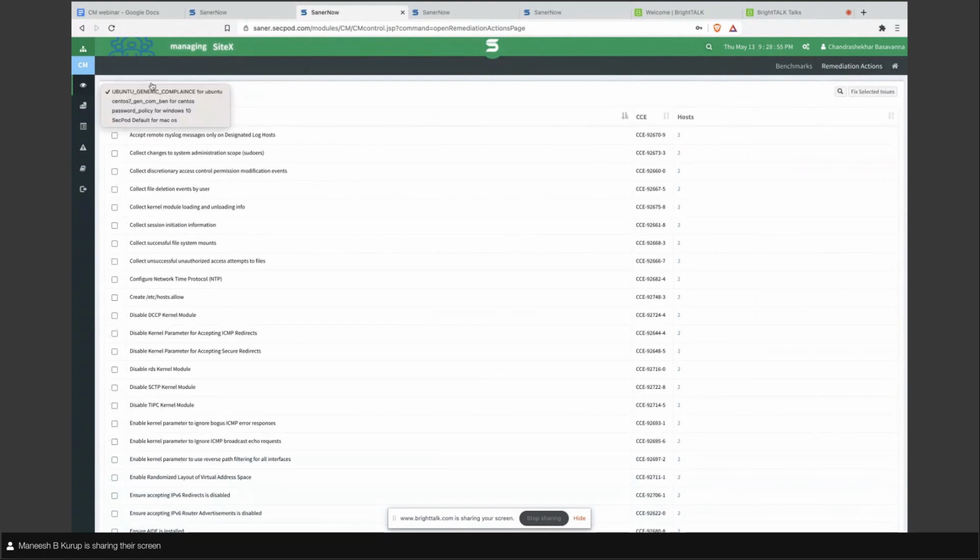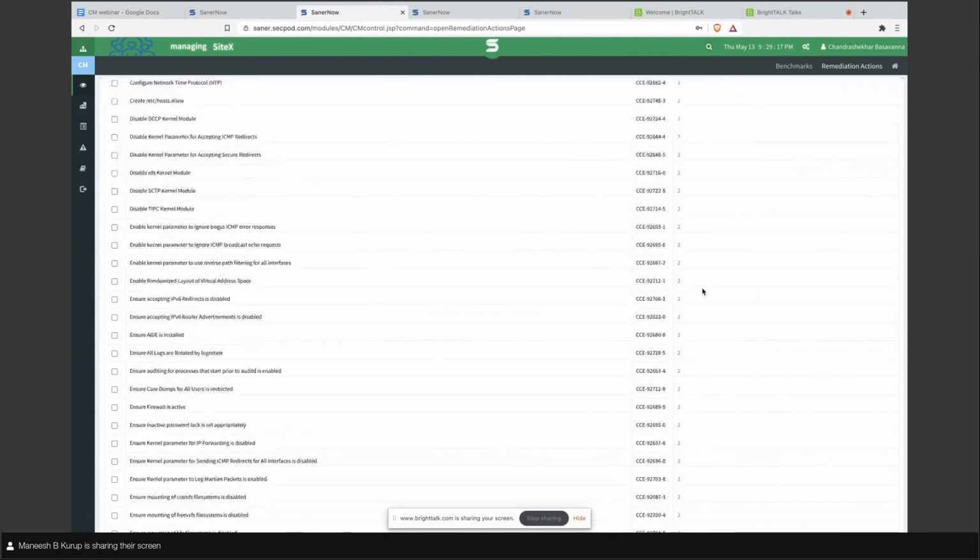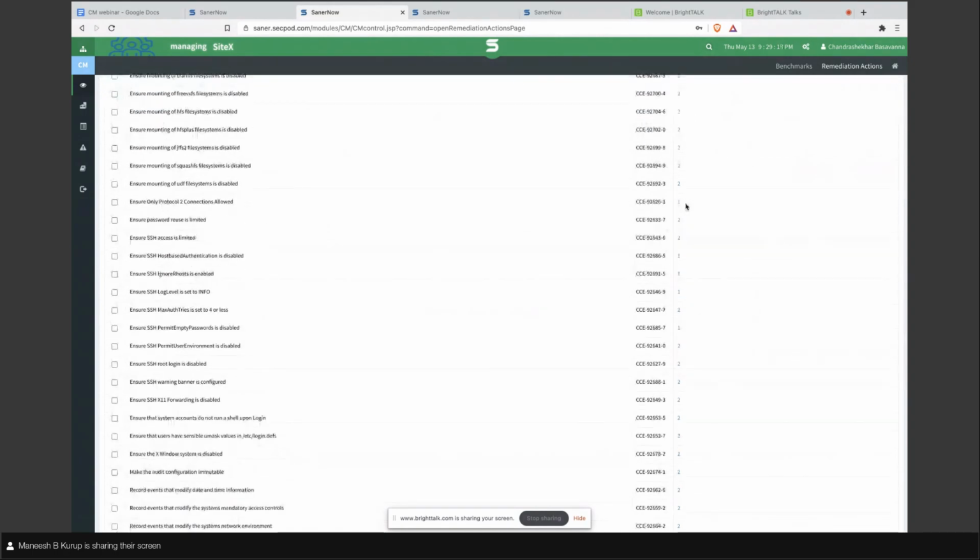In this environment, I have created these many templates, and the first template is selected. As per that template, these are the rules or regulations which are violated, and on the right hand side you can see the hosts or devices which are deviating from these rules. Right now there are two hosts which are deviating.